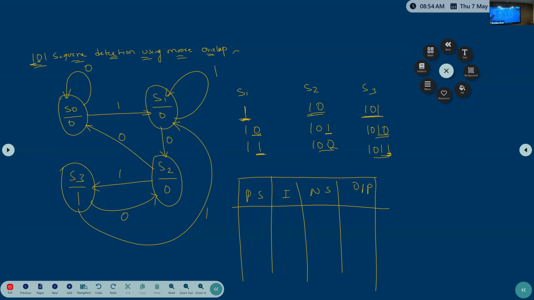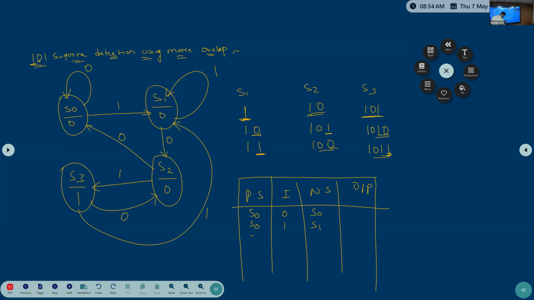So present state, what is this? S0, right? When S0, the input can be 0 or it can be 1. When S0 input is 0, I need to go to S0 only, and the output will be 0. That I will write later. Okay, S0, if the input is 1, I need to go to the